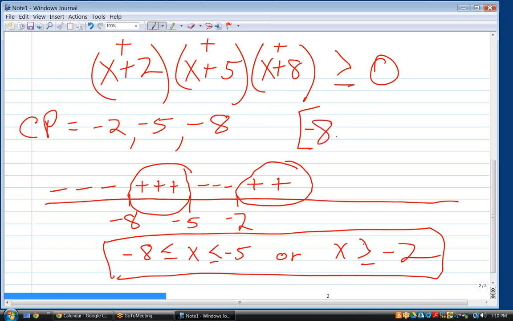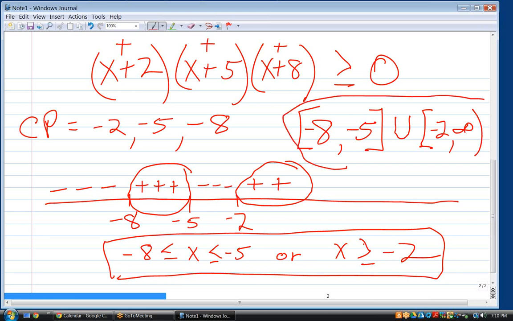So bracket -8 to -5, also bracket, in combination with bracket -2, comma, infinity, parentheses, because parentheses always go next to infinities. So this is the interval notation answer. Okay? And